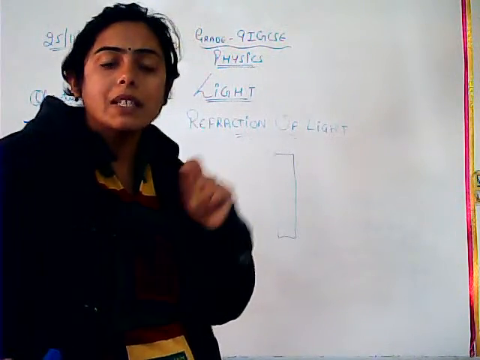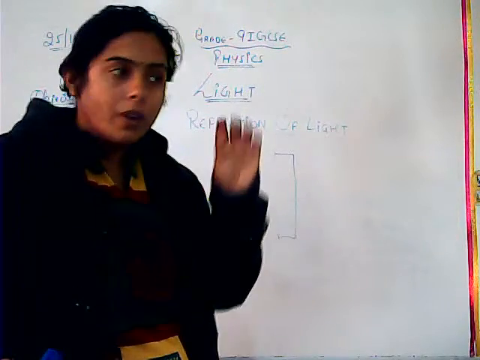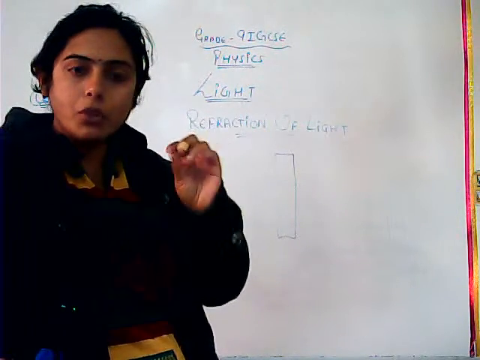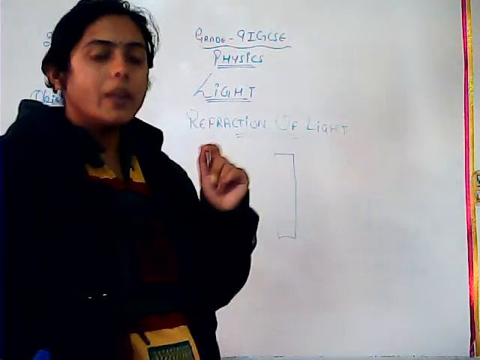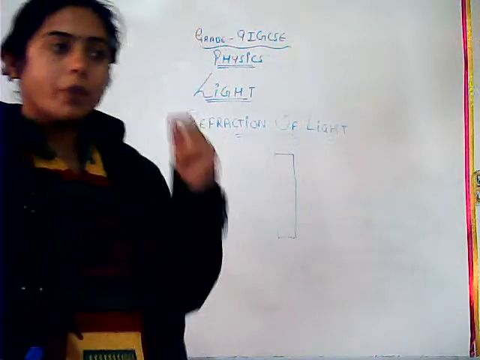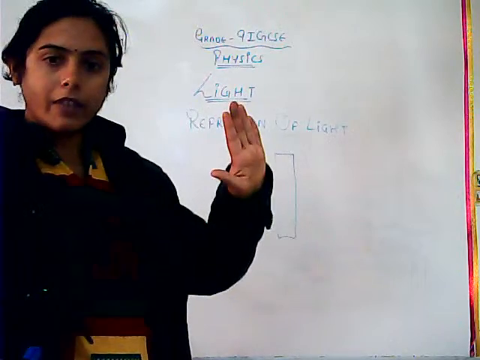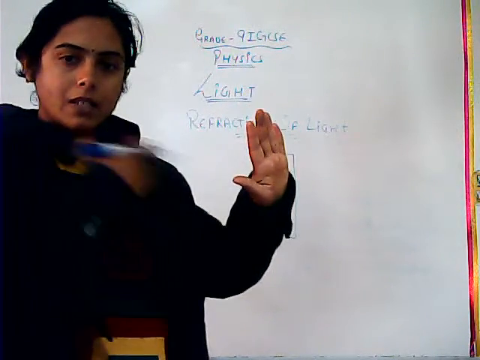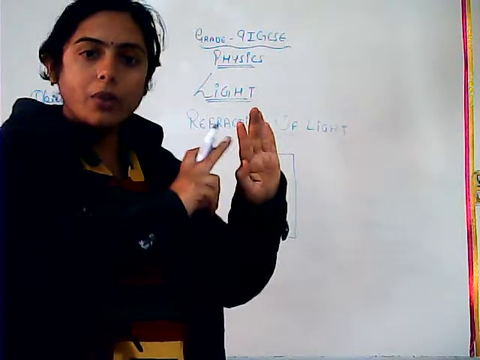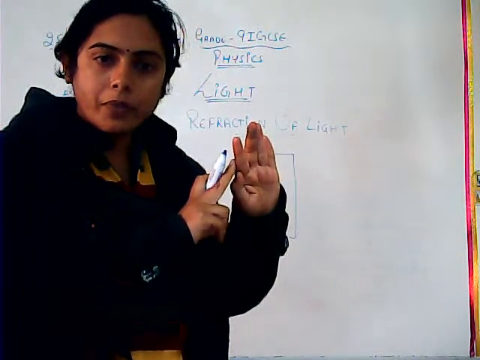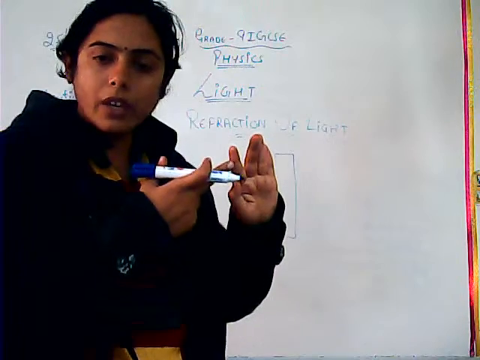So what it means is that the window has different portions. कहीं पे thickness ज़्यादा है, कहीं पे thickness कम है. Fine. When the light passes, because see, this is the window. When the light goes, this is the air medium. When it strikes onto the window, कौन सा medium आ गया? Solid. So from gaseous, it's going to solid medium.